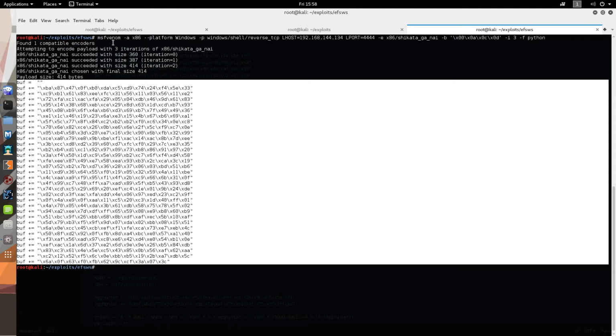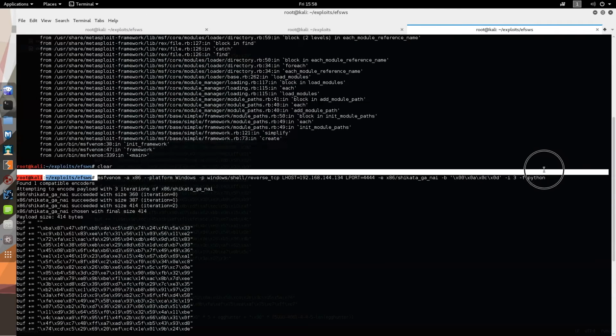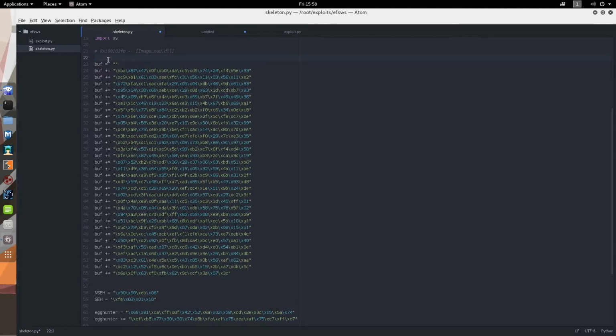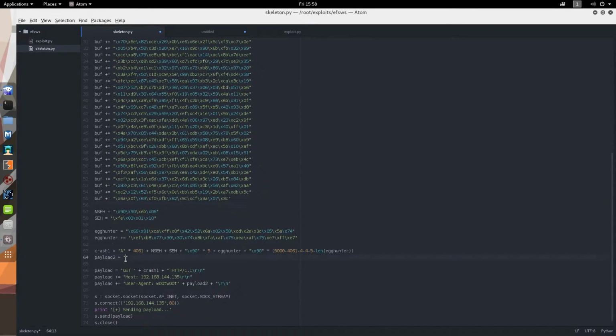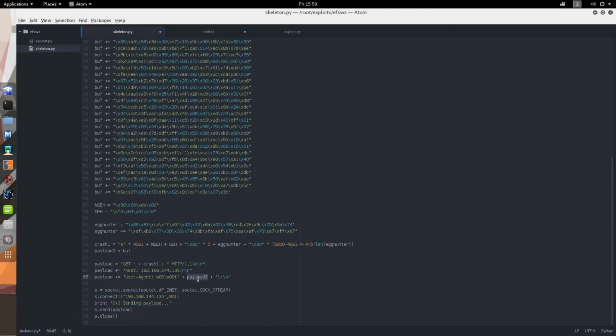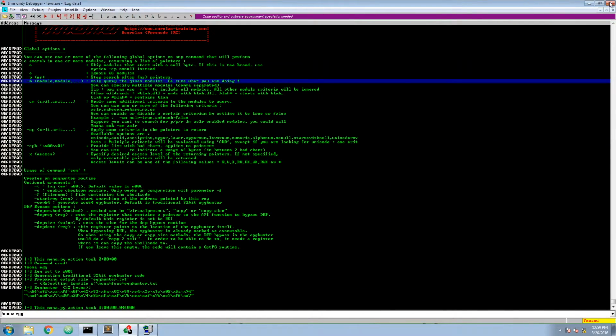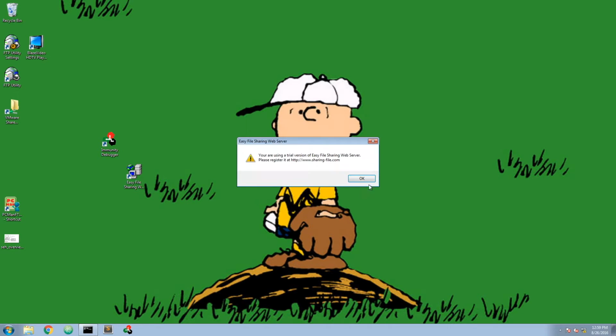So we never forget what it was, it's good practice to document what it is. So our payload 2 will then be the newly created buffer. It will be the new payload, payload 2. We have our eggs, we have the egg hunter. So let's save it. Let's prepare our target and walk through with the egg hunter and see what happens.